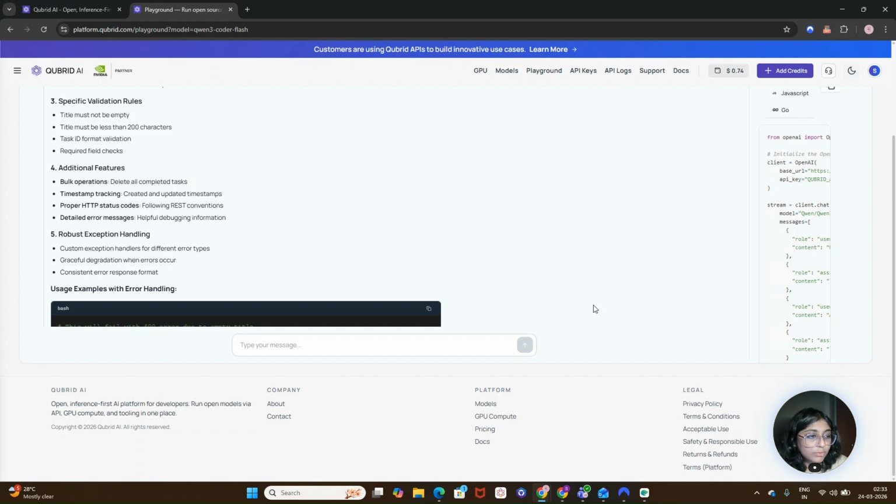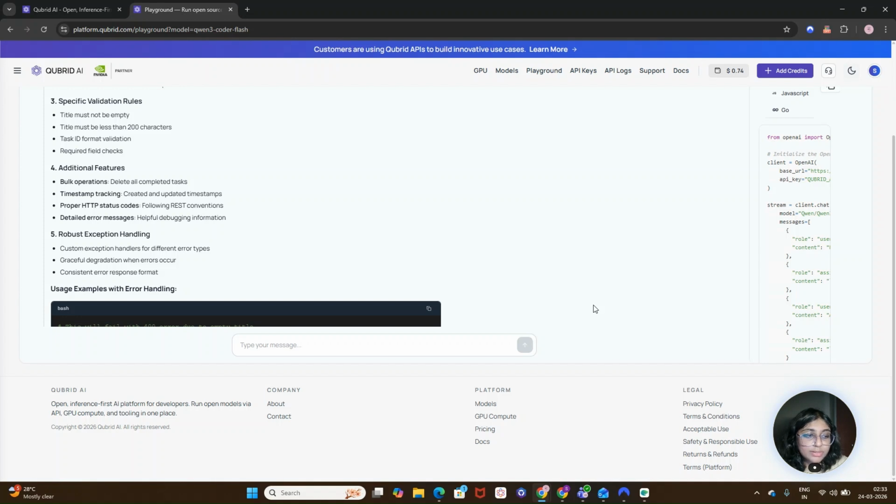Then we have the Quencoder Plus model as well, which is used for slightly complex logic and it will give you more structured code and better accuracy. So it kind of balances speed and quality. Then we have the Quencoder Next model. It is best used for complex systems, deep reasoning tasks, and large code bases. So it is the most powerful model and a bit slower.